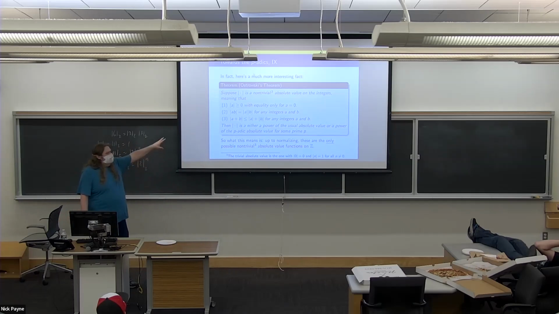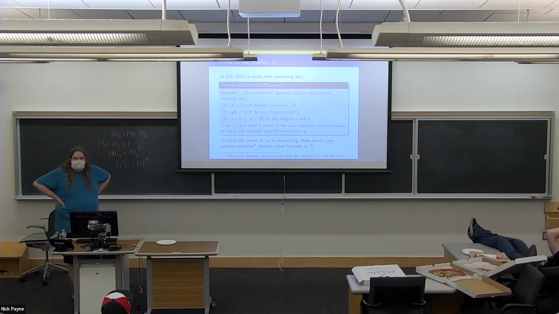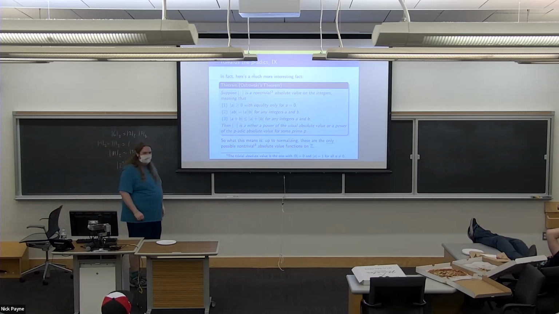And so secretly, that's why I made this list of properties that I wanted, because I knew this theorem before I started writing the slides. I said, this is what I want to have happen secretly behind the scenes. Yeah, why you labeled it with 2? Yes, I secretly labeled it absolute value with the 2 on it because it was the p-adic absolute value. See, I was lying, after you figured that out before I said so. So that's the right way to do it.